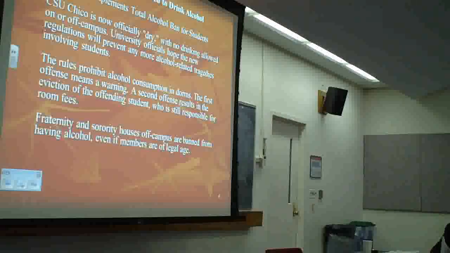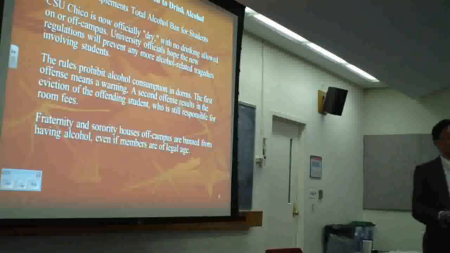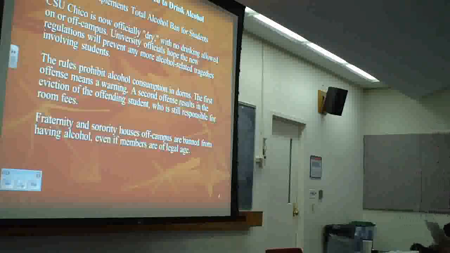Well, for eviction, if you keep going, you come to room fees. They're still responsible for room fees. So if they're evicted, then you no longer stay. They wouldn't want to pay for their room because they're not on campus anymore, but they're still responsible. So maybe if you keep going, it'll come